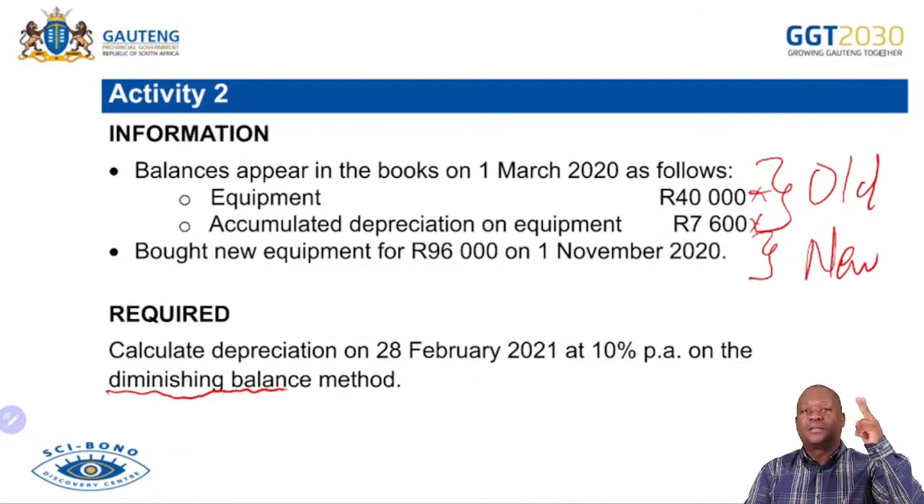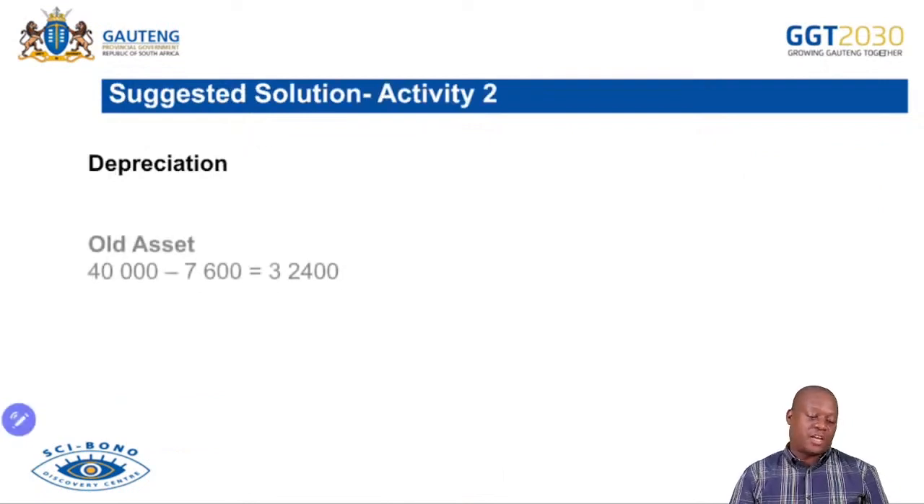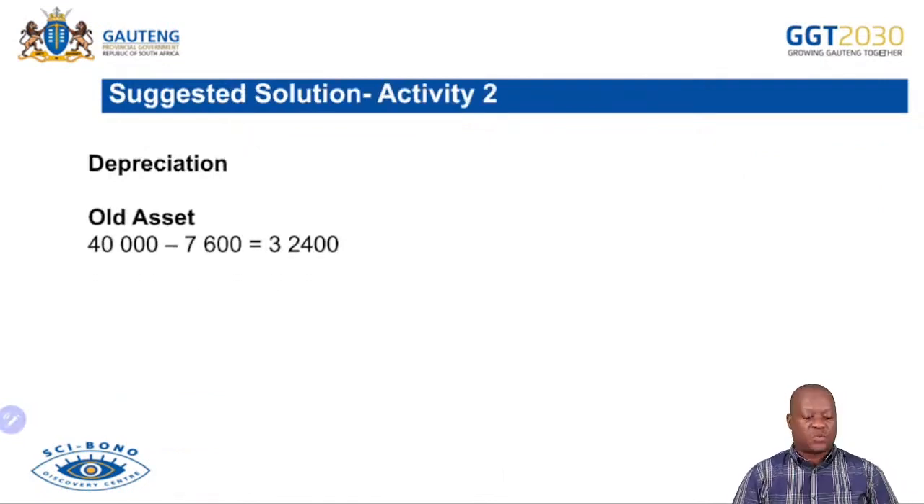November, December, January, and February. 4 months. So we calculate for those 4 months. So let's check the suggested solution to this. First step on the old equipment. 40,000 minus 7,600 gives us